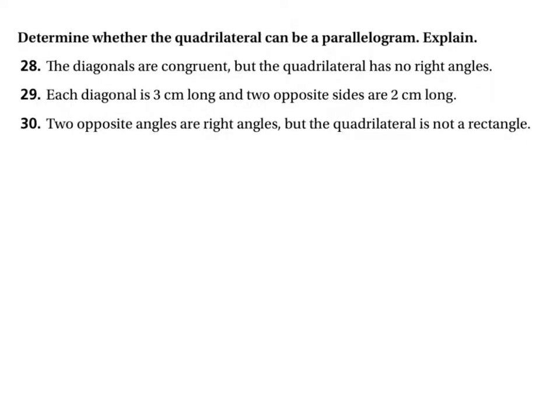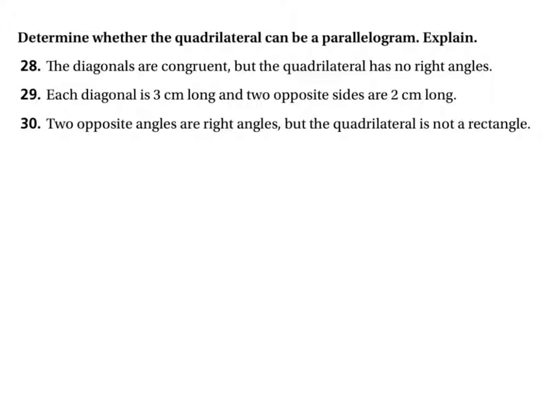Okay, so what we're determining here is whether the quadrilateral can be a parallelogram. Now, in number 28, it says the diagonals are congruent. If it was a parallelogram, then the diagonals being congruent means that it must be a rectangle. However, it says here that the quadrilateral has no right angles, so it can't be a rectangle, because rectangles have